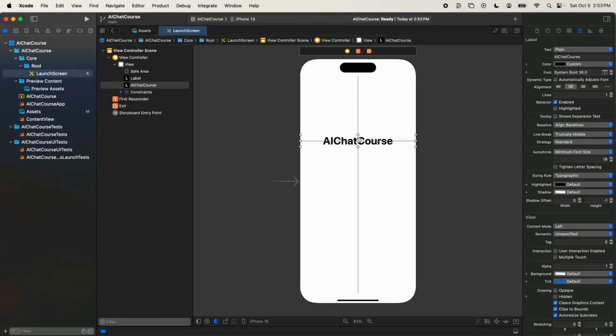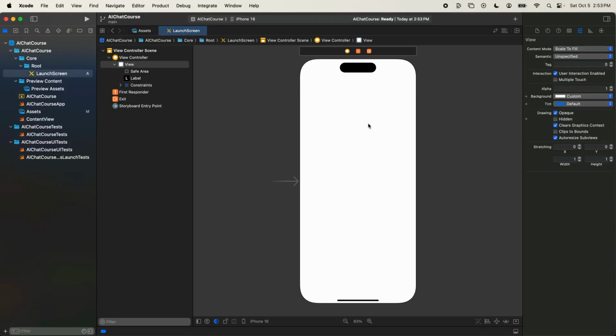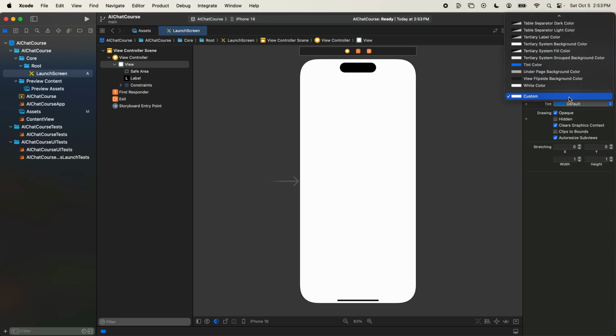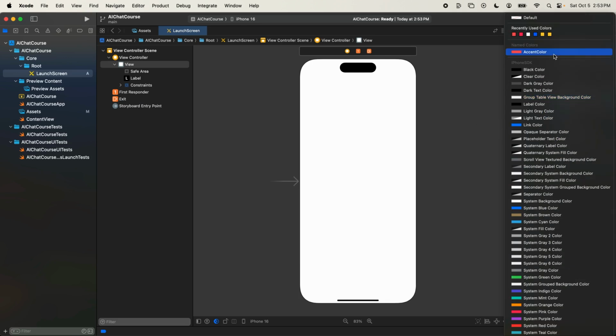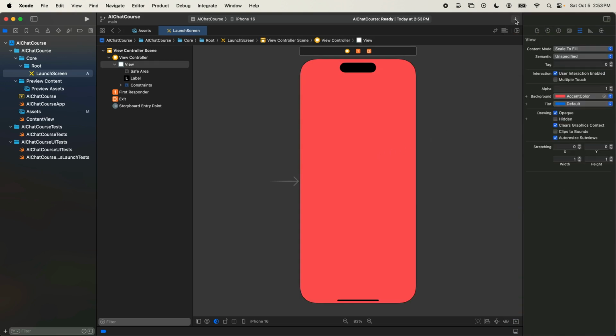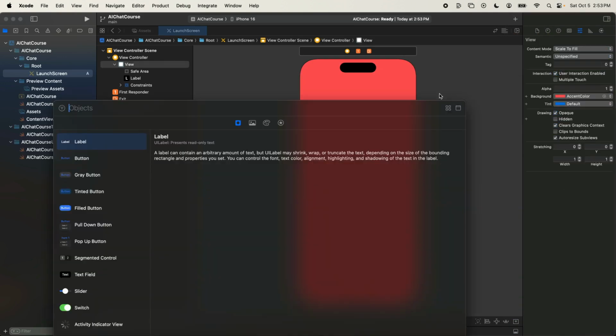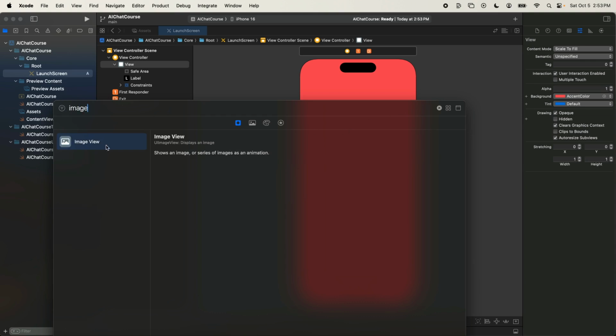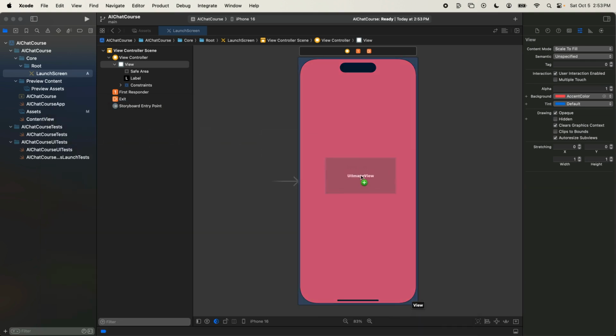All right, first thing, let's delete this label. Let's click on the background and make it our accent color. So I'll click on color here, move up to the top, and we should have our accent color that we just added as well. All right, in the center, we're going to put our app icon. So let's click the plus here and go to image. We'll just click and drag an image view into the center of this